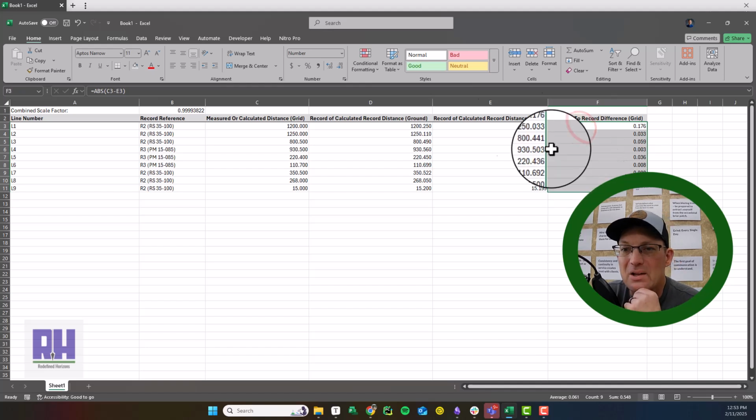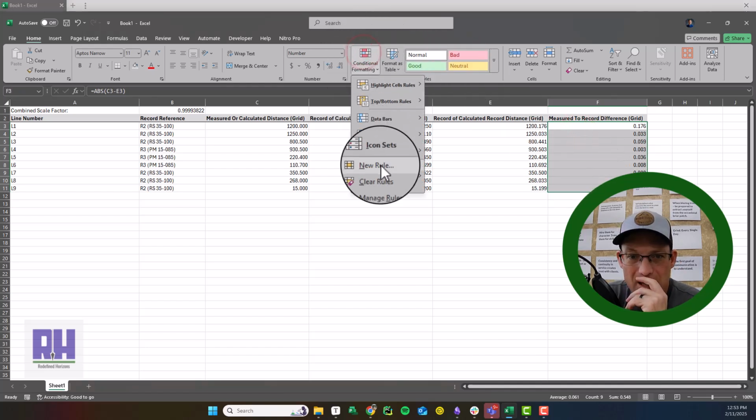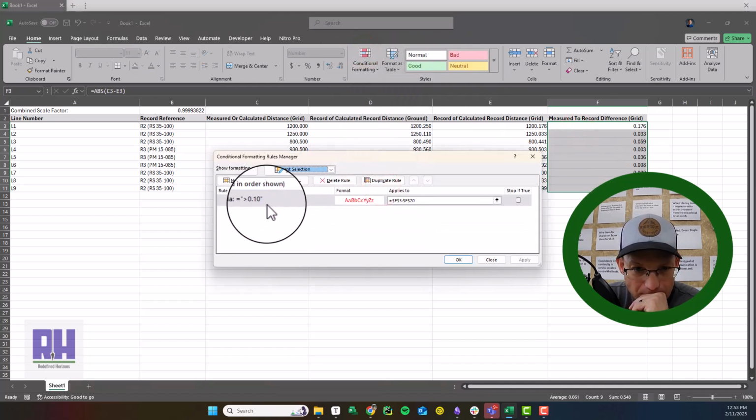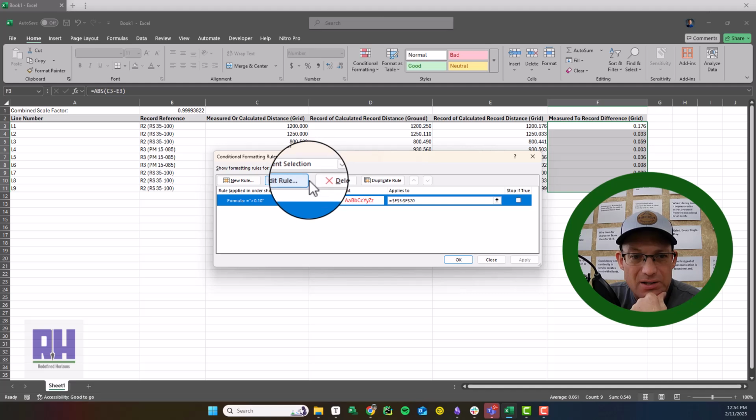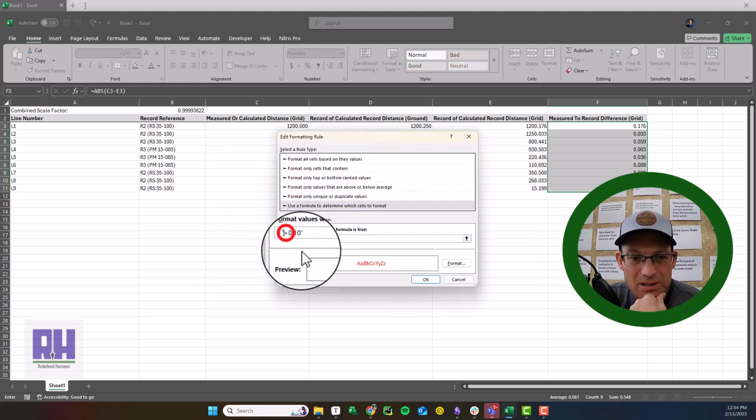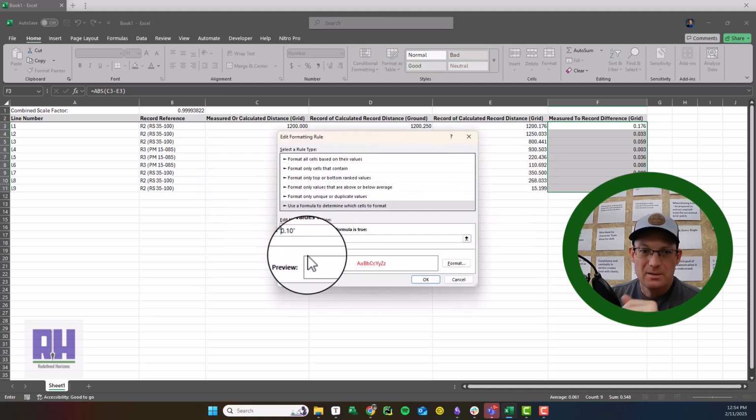All right, now let's go back to our conditional formatting. So I might need to do, I gotta change this. So it might be, it's gonna be like equals,